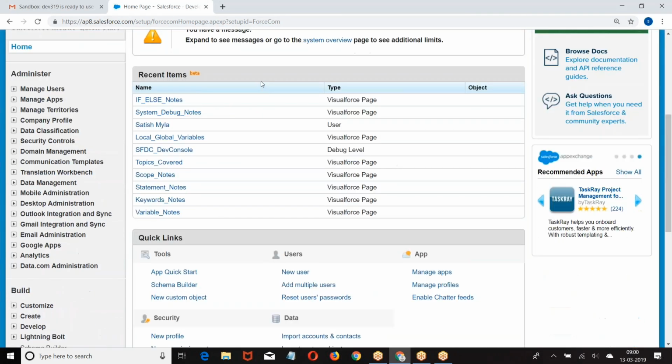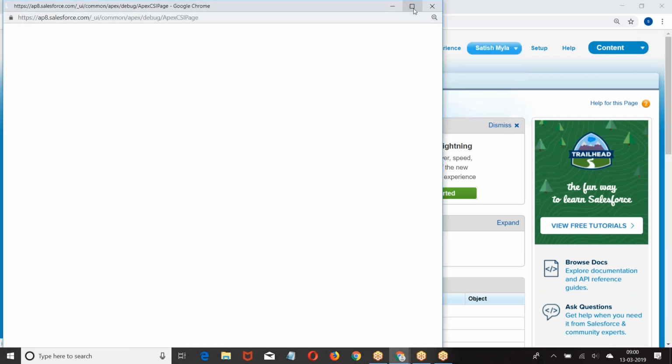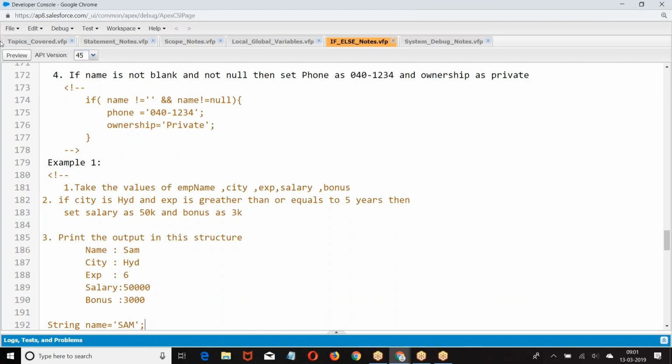Look at the point. Wherever we find flower bracket, I told it's a scope. I told wherever you find flower bracket, it is a scope. If the scope is given a name,